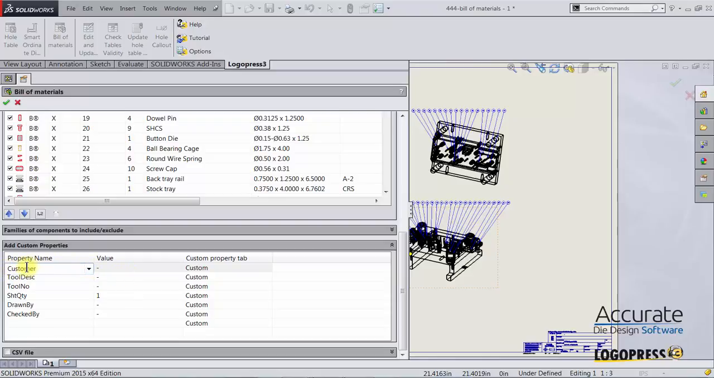So in this particular case, for customer, we can just type in something. Accurate die design software, ADDS. Tool description. Well, I'll just call it a prog die. If we want to enter in a tool number, we could do that. And who it's drawn by. When I click OK,